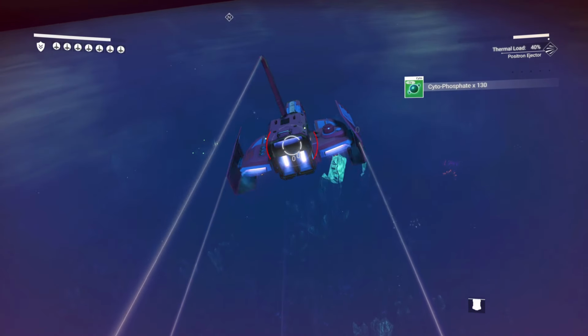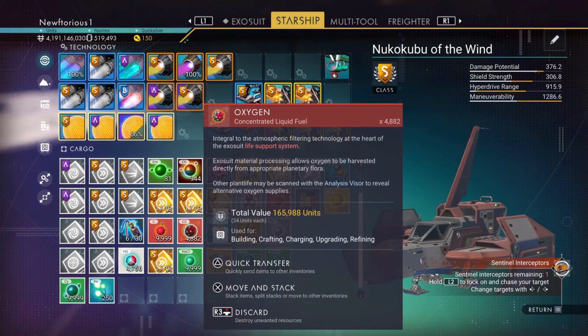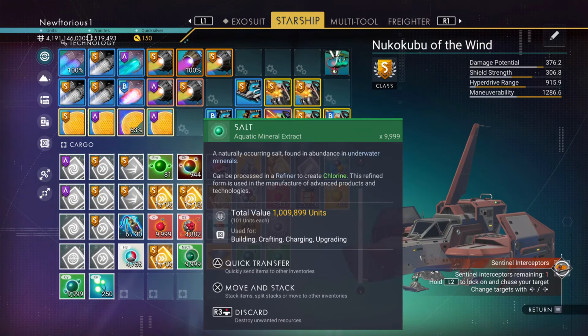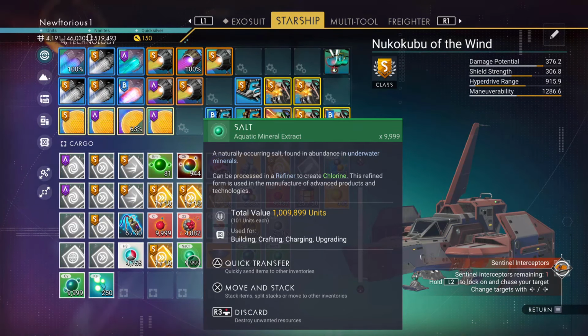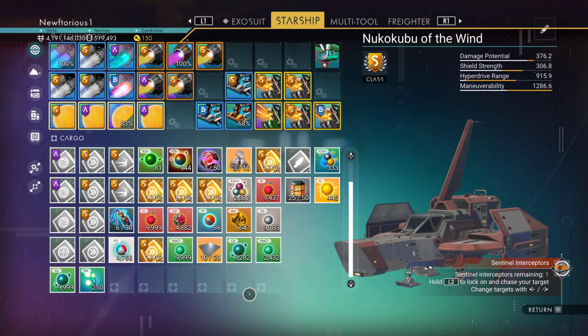Now you can take that salt, head up to a space station, sell it for millions of units, and then just use those units to buy whatever ship you want. Or you can do what I do. This planet that we're farming a ton of salt and oxygen on, I'm going to make a base here with